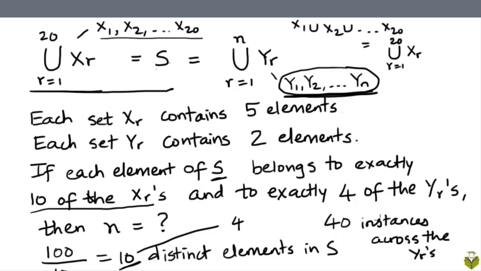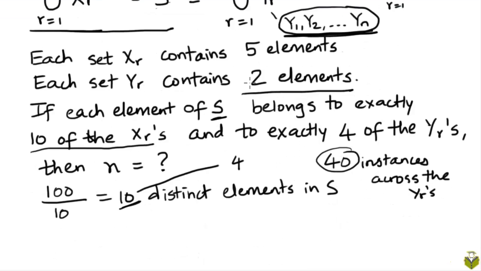And of course many of these are repetitions of the same element, because we are given that each element of S is mapping to 4 instances of the same element across the yrs. So there are a total of 40 instances across the yrs, and we are also given that each yr has exactly 2 elements. So the total number of elements across the yrs,